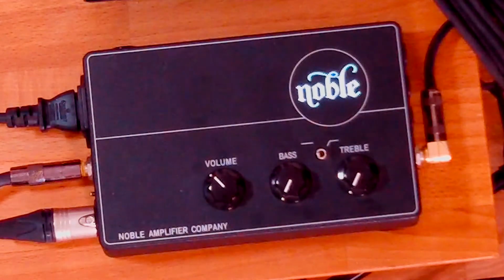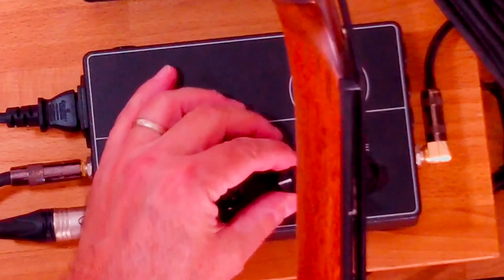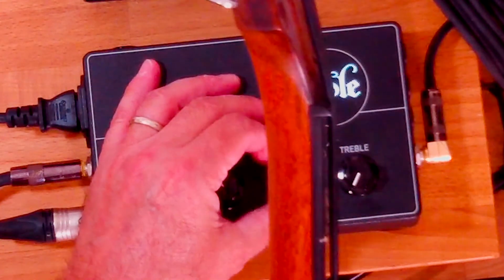All right, let's make a change. I'm going to add a little bit of bass in here. We still have the low cut off, so you're hearing the full frequency range. We'll put the bass up to